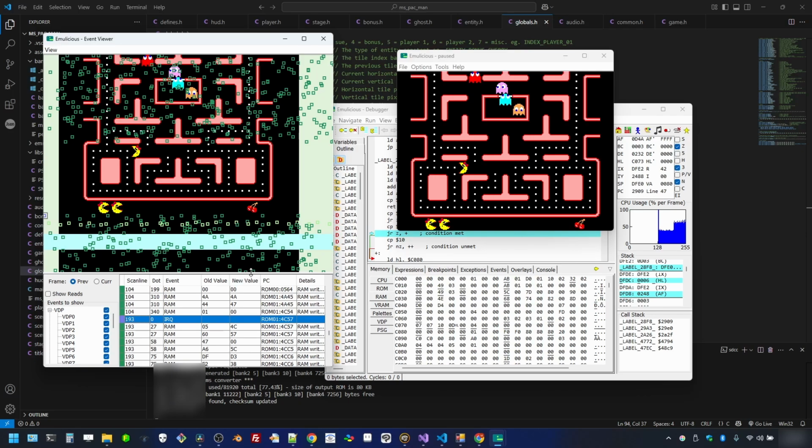Beyond that, once it gets to the end, we're going to start again at the very top. And this is, as you can see, the game being drawn here. This is what we call the active display portion. So when we're doing things in active display versus not in active display, doing anything with the VDP as it's trying to draw things on the screen becomes slower. So that's why, if you want to do anything with the VDP and you want to do it quickly, you're going to do it unsafe. But you've got to make sure that you only do it within this allotted space, so the 193 to the bottom